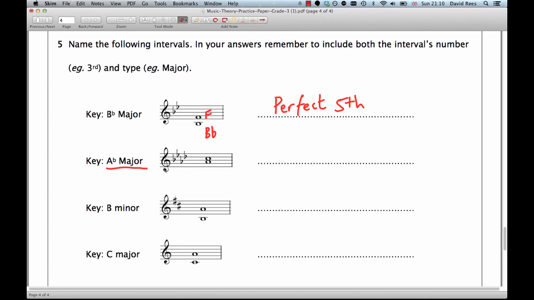So lots of flats in this key signature, which is very important when we look at our notes, to make sure we check whether they're going to be flats or not. And in this case, the first note at the bottom of the interval is going to be a flat, because you'll see it's there in the key signature. So this is going to be an A flat at the bottom,